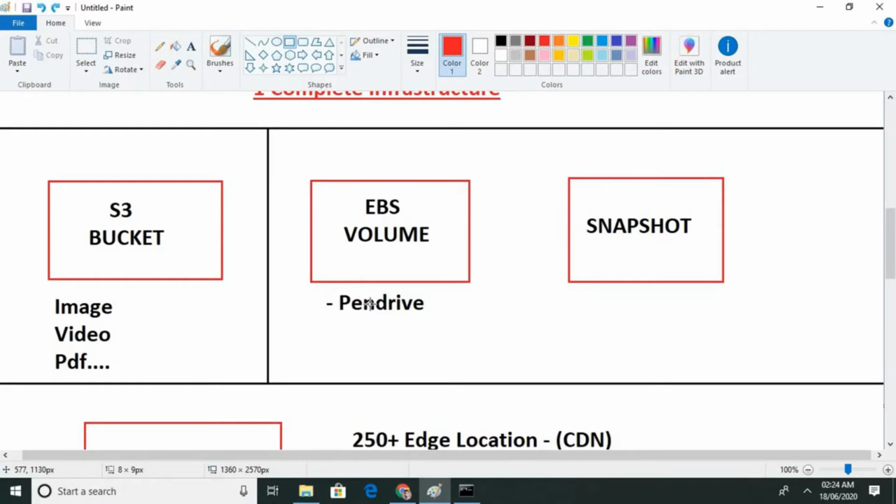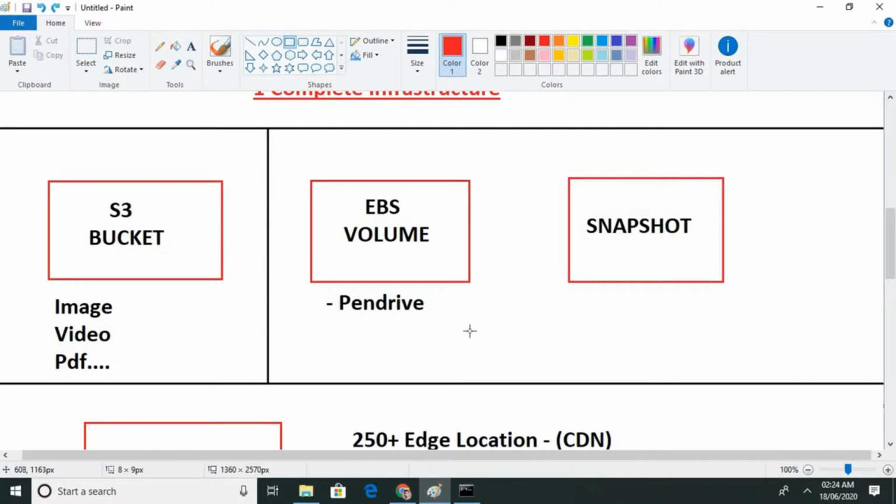Okay, and also I want to say that if you want to use this EBS volume in different regions, suppose you have created your operating system or instance in the Mumbai region in any data center, and you want to launch that same instance in another region, like London or New York, anywhere.